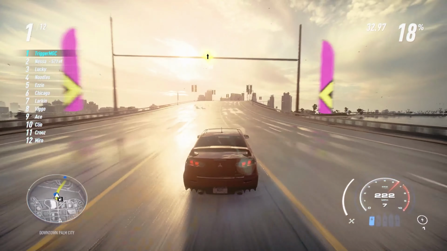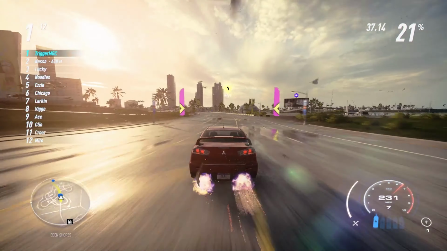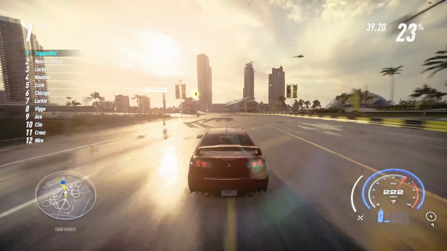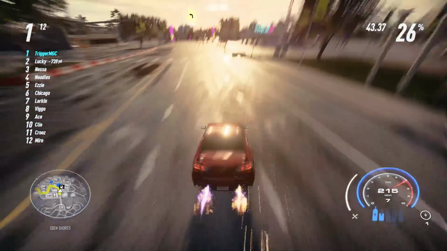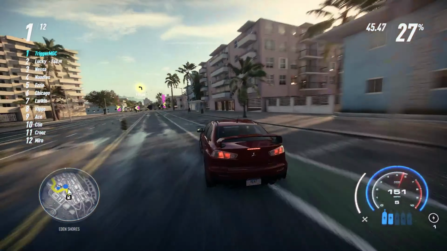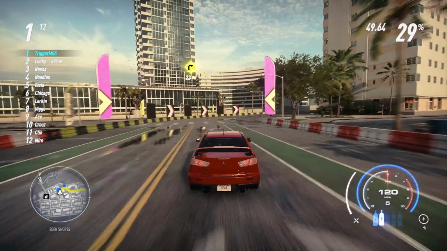For this Evo X or Evo 10, we had to find the fastest engine, and I like to give that information to you first because it's really the most important part of this entire video. So the fastest engine for the Lancer Evolution X, or Evolution 10 I should say, is the 577 horsepower 4.0